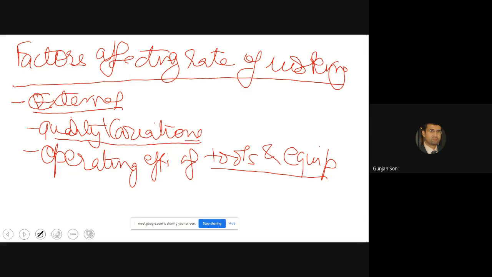You can't increase the speed of working with a worn out tool unless management, the supervisor, comes and looks at it and says okay, now you should change the tool because it's going to be expensive. Or a machine which is doing a lot of vibrations, because of which too many changes are to be done in the setup, or frequent breakdowns are happening, so you can't increase the speed.